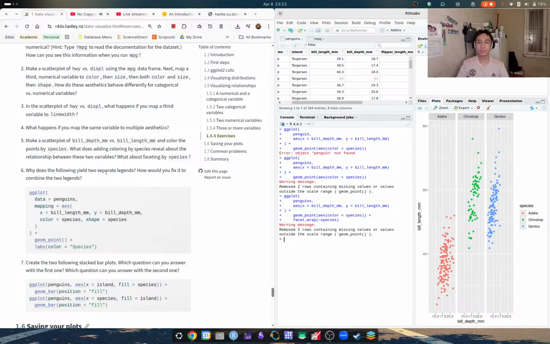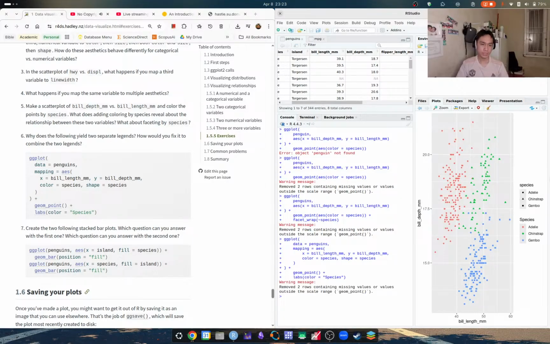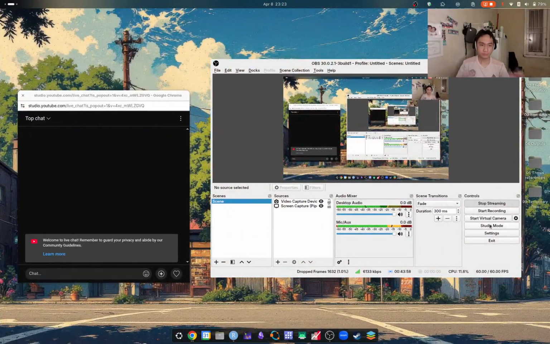Or does the following yield two separate legends? How would you fix it to combine the legends? So let's, basically you cannot. It is in a programming kind of lingo. R is kind of case sensitive, meaning that if you